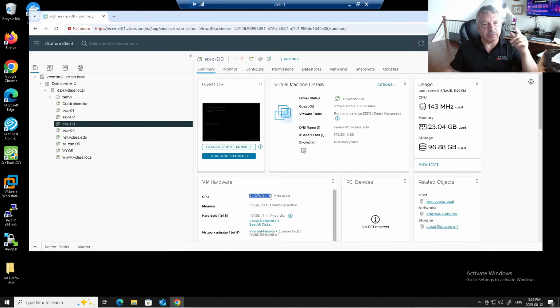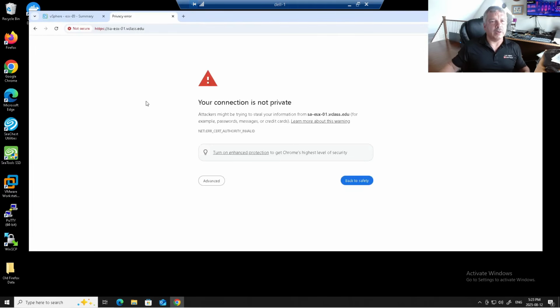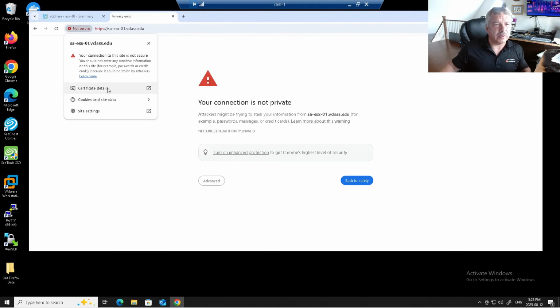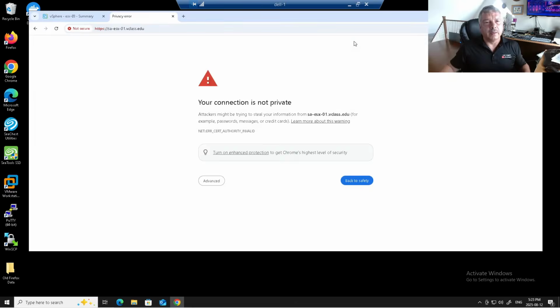The other thing, too, is, now, one of the things is when you do a fresh install of your ESXi hosts, okay, if I go to here, let me just go to one of my hosts here, host 1. I know I'm using self-signed certificates. Let's look at the certificate here. When I look at the certificate, you'll see the common name. It's the name of the host, which, great, that sounds good. That doesn't happen when you first